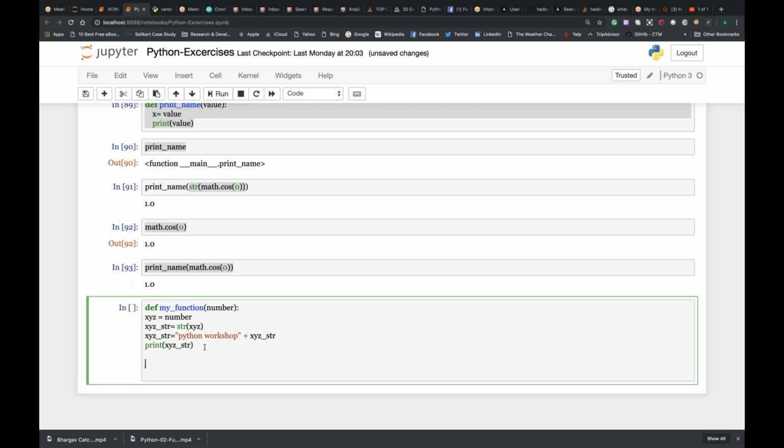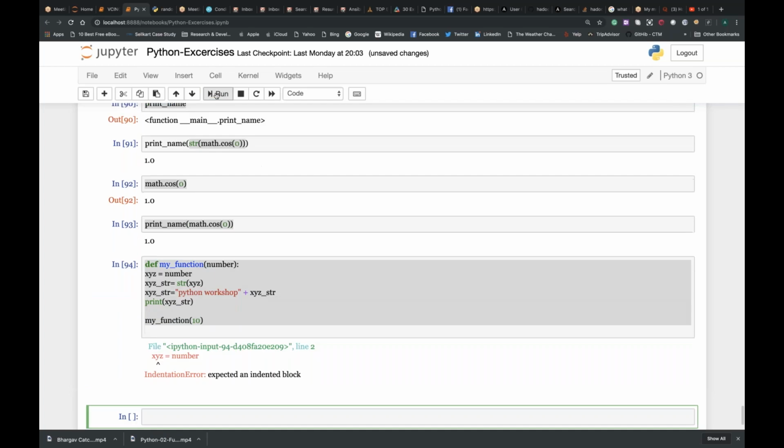Now if I say my_function of 10, let's see what happens. 1 second. xyz is equal to number, not here.